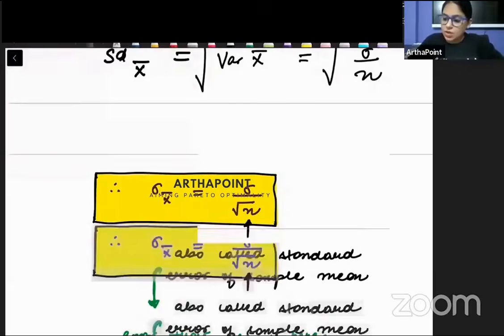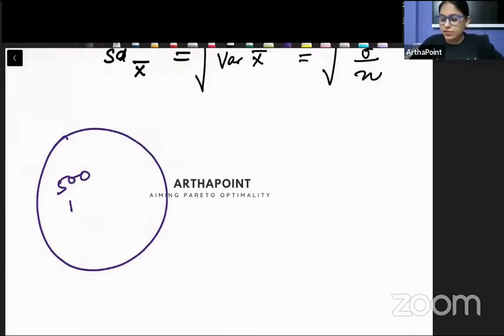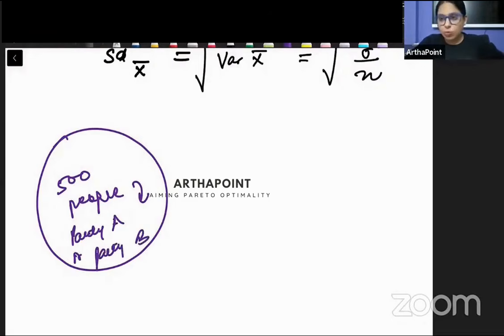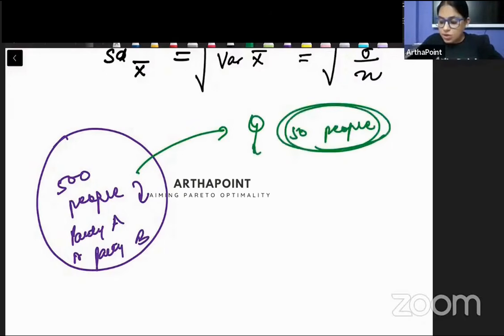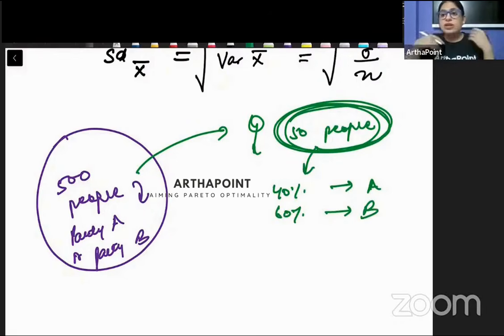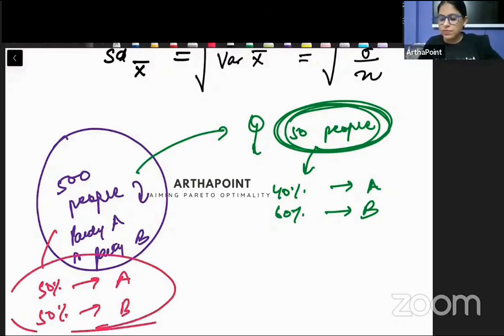Just take another example. तो जैसे अगर मैं बोलूं कि population is of 500 people who are telling me whether they voted for political party A or party B, and I create a sample of 50 people, तो बेटा यहाँ पे जो भी मेरा result आएगा, suppose of these 50 people, 40% say they voted for A and 60% say they voted for B. So in reality, when the actual results come out, maybe actually 50% had voted for A and 50% had voted for B. So the sample that you have collected, there may be some error that you might have committed.